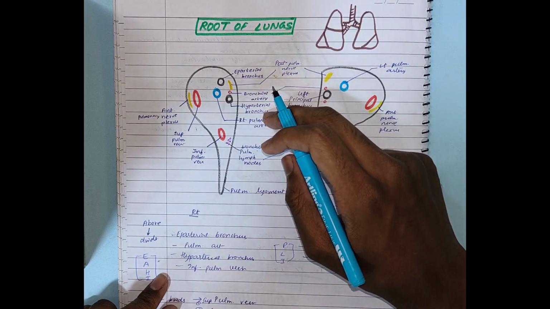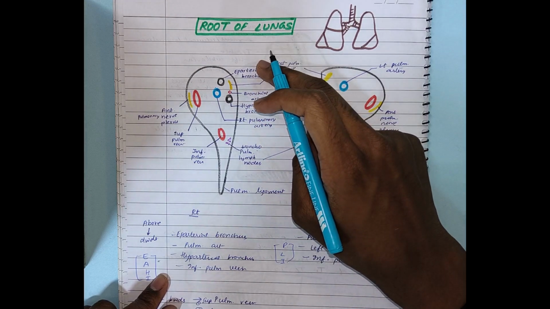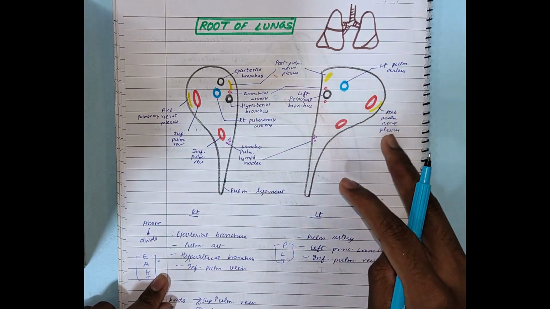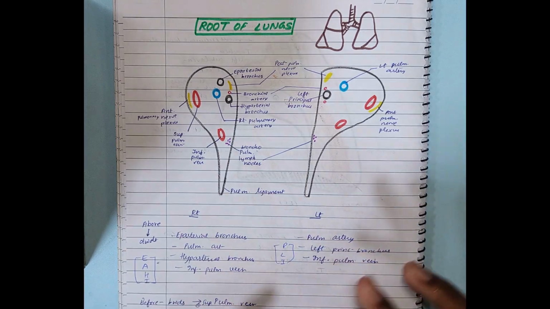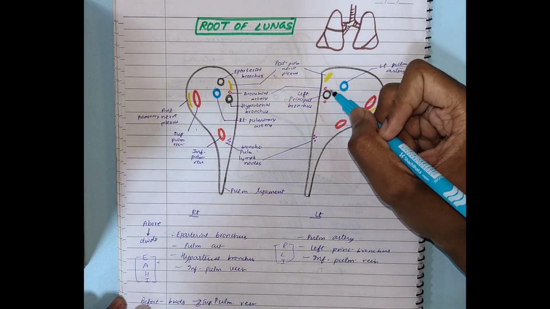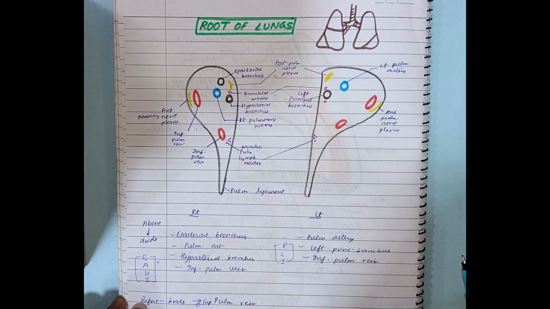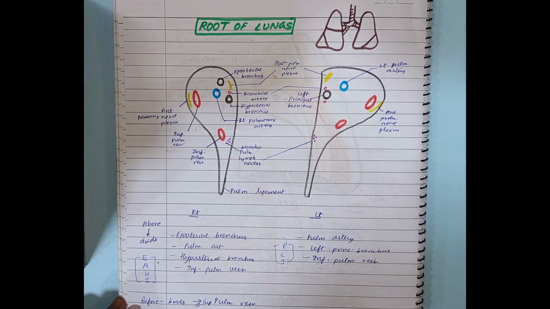So I've got two bronchi here, the eparterial bronchus and the hyparterial bronchus, and you have got one bronchial artery here, only one bronchial artery. Whereas in case of the left hilum, it is just the opposite. You have got two bronchial arteries here and a single principal bronchus, that is, a left principal bronchus. So that is how you remember it.